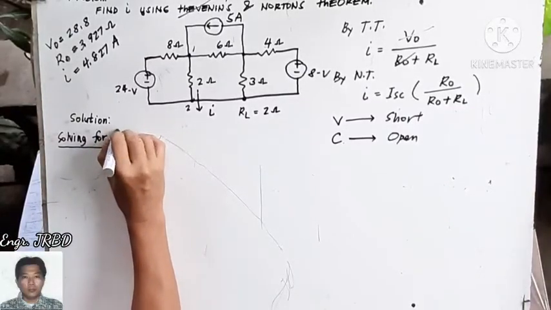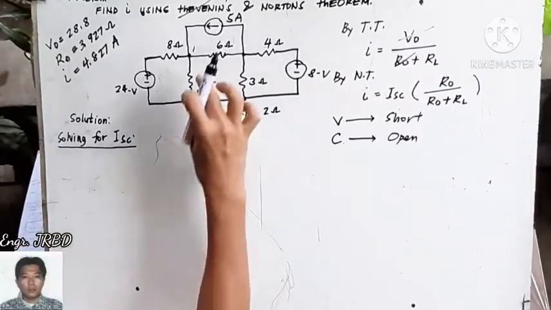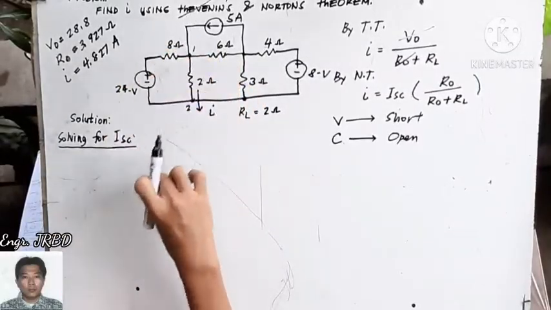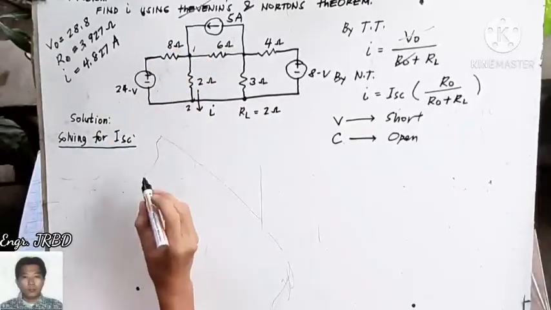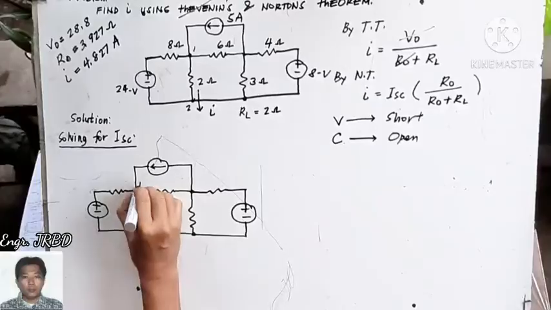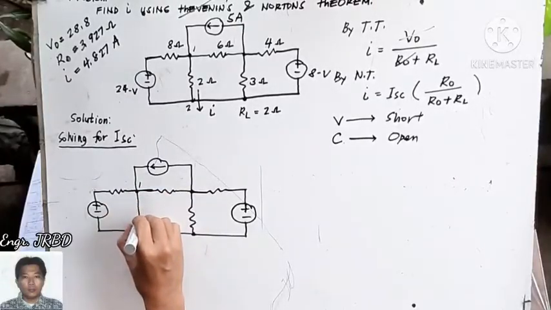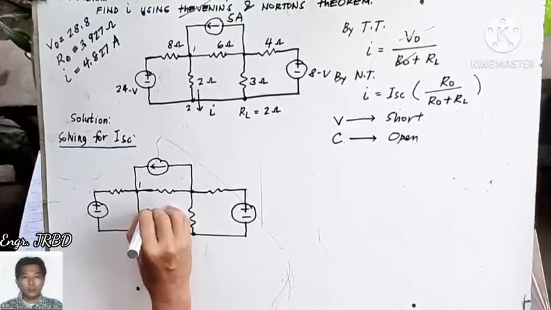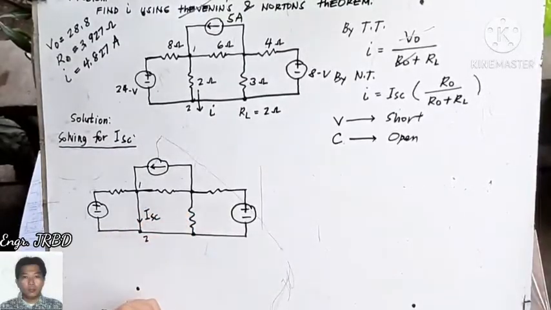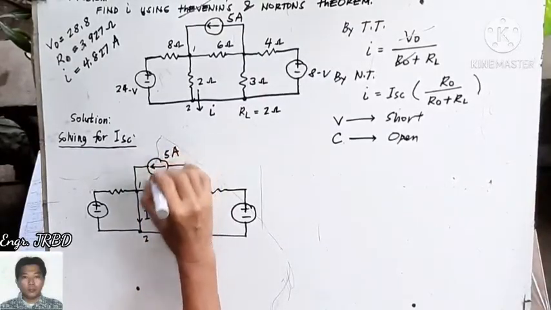For our I short circuit, instead of having this open circuited, we will now have to replace your 2 ohms by a short circuit. This is our terminal 1 and terminal 2. Let us replace this with a short circuit and try to obtain what is the current that will flow into this short circuited part. So this is 5 amperes,